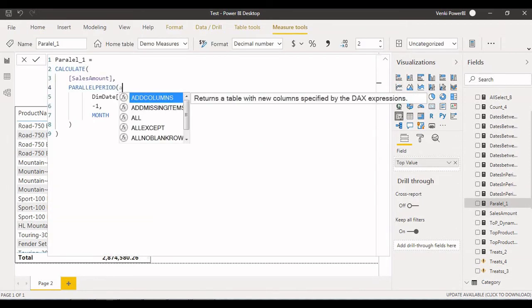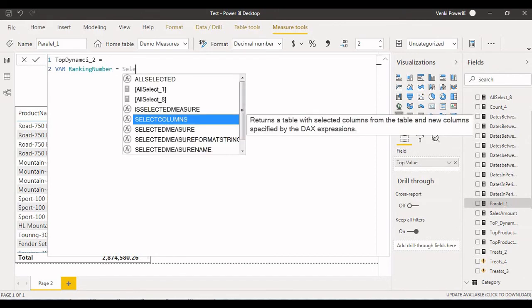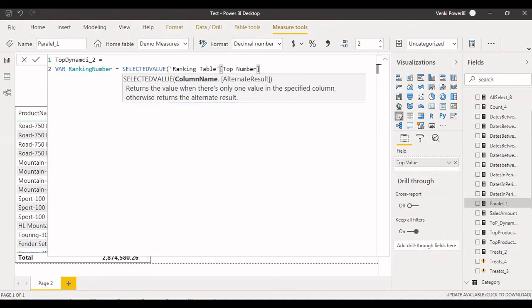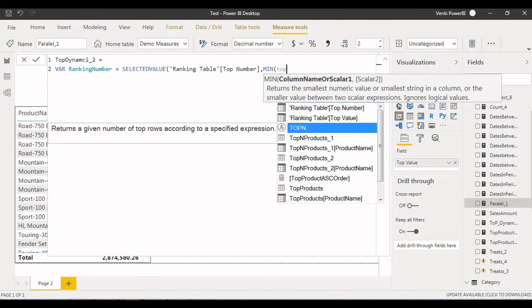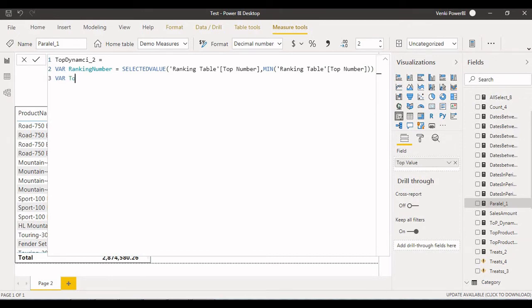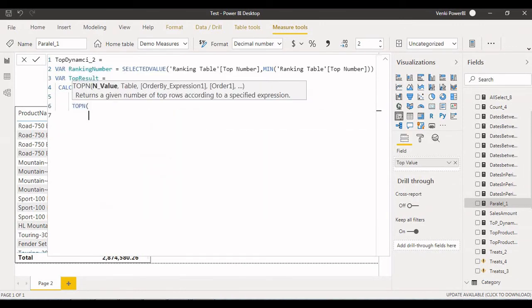So top dynamic 2, variables, ranking number, selected value, so ranking top number, min of top number, ranking. Again I'm taking the top result variable here, because the actual code I'm writing here, calculate sales amount, top n. So instead of hard coding value I'm passing the variable value, ranking number,